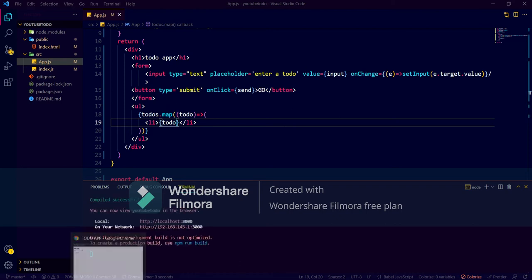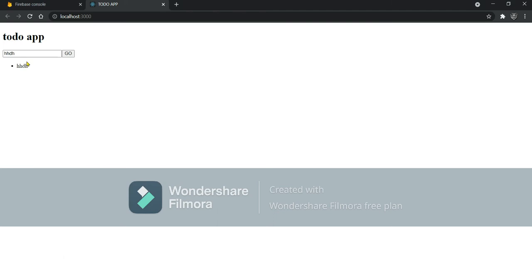Now let's see what has happened. Let's refresh it. If we write something and press the go button, it will appear here. Now if we clean it and write something else and press here, it is working. But one thing we see is that we have to clean the input manually after hitting enter or the go button.